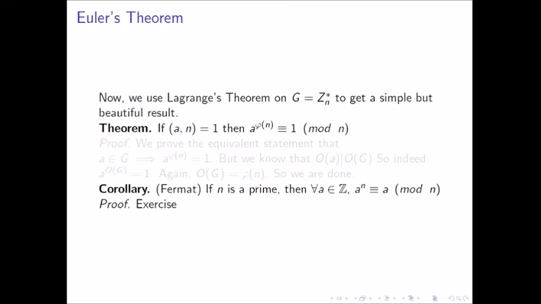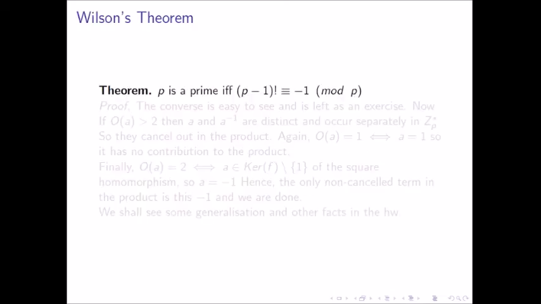So let's look at a corollary of this. This corollary was suggested by Fermat and it's called Fermat's little theorem. If n is a prime, then for all a belonging to Z, a to the power n is congruent to a mod n. If GCD(a, n) is equal to 1, this is the same as a to the power n minus 1 being congruent to 1 mod n, as we know division makes sense, and that's a direct corollary of the theorem. What about when GCD(a, n) is not equal to 1? That's an exercise for you.